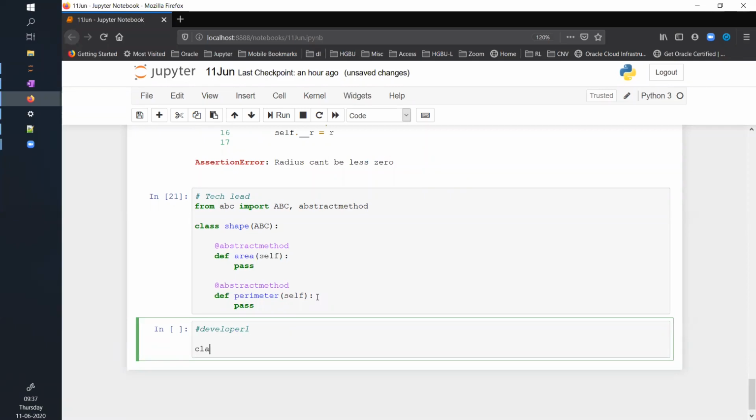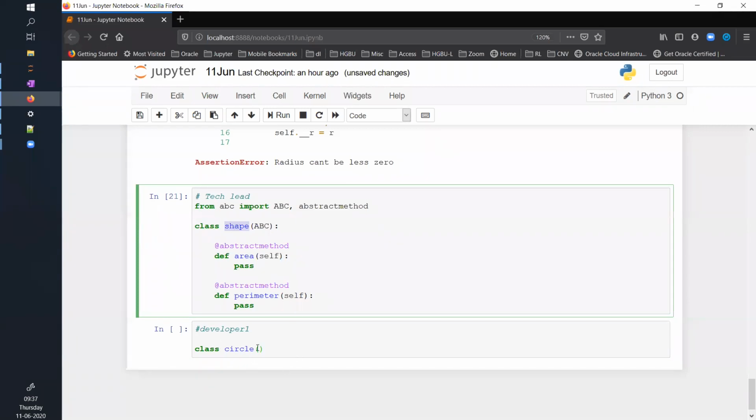So now you are creating a circle class. Class Circle, and then you inherit from Shape, as in you are saying this Circle is of type Shape.